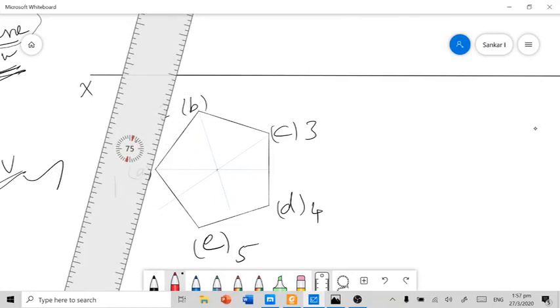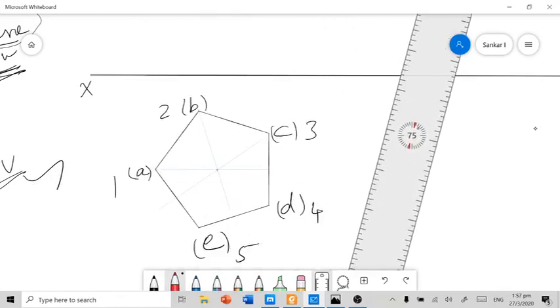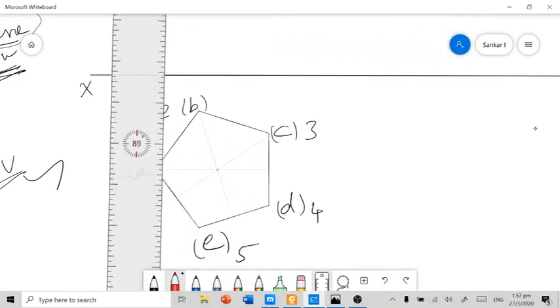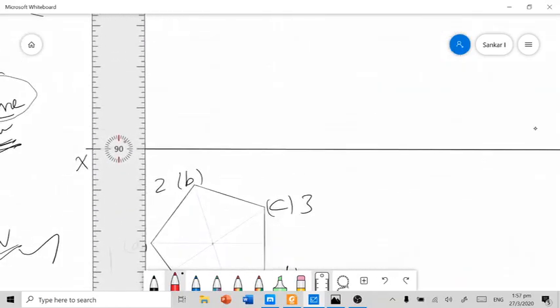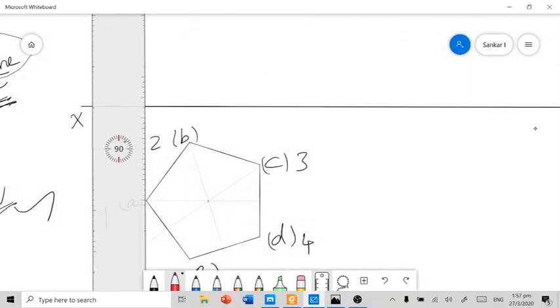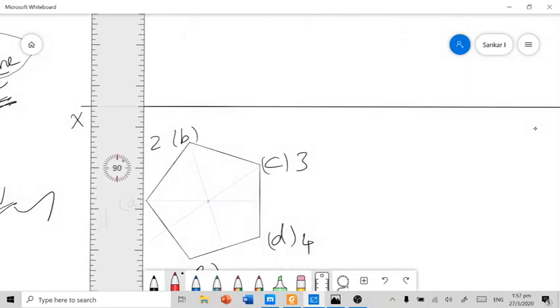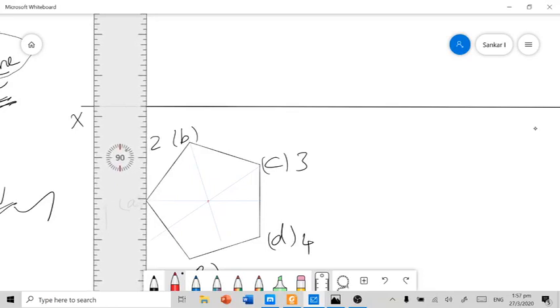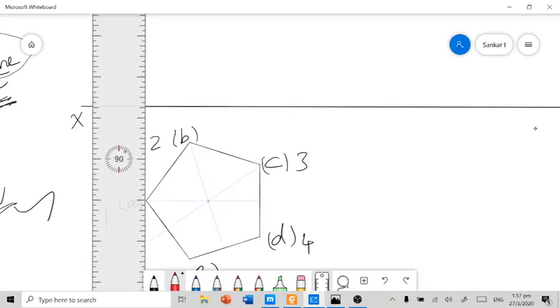So in this way, within 2 or 3 lines you can bring out the center point for this pentagonal surface. This we already did in our projection of planes chapter, but for your remembrance I am doing it again here. And you need to draw the projectors from each and every base corner of your pentagon towards the front view area.